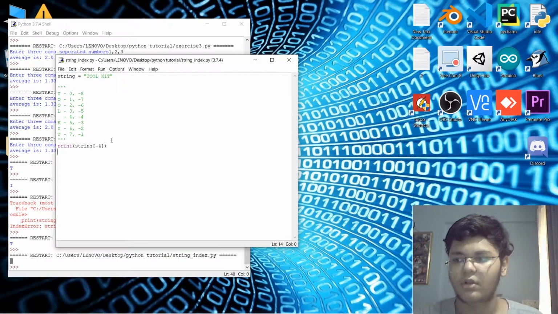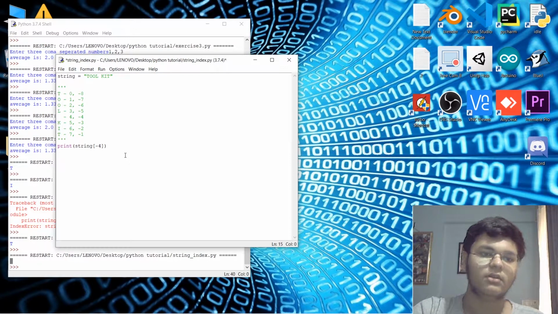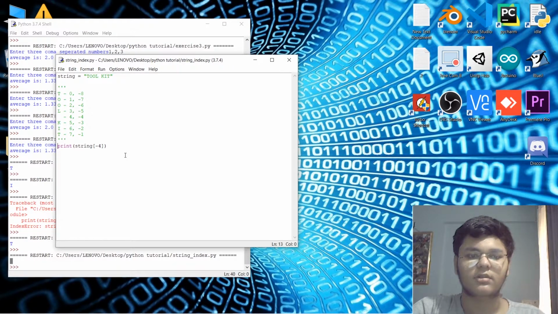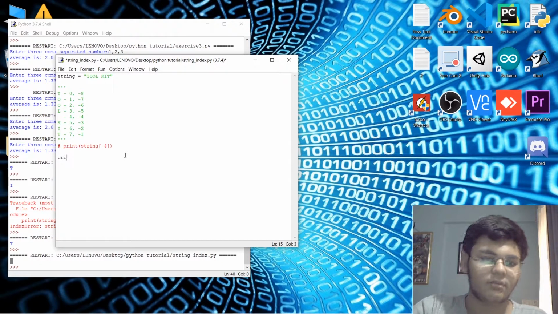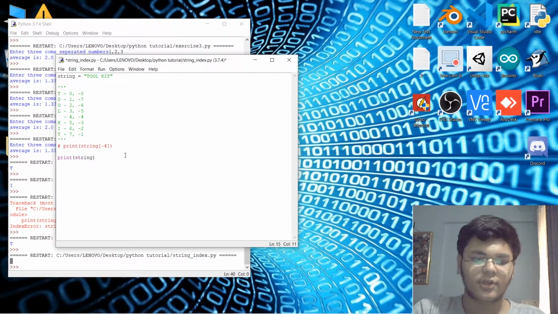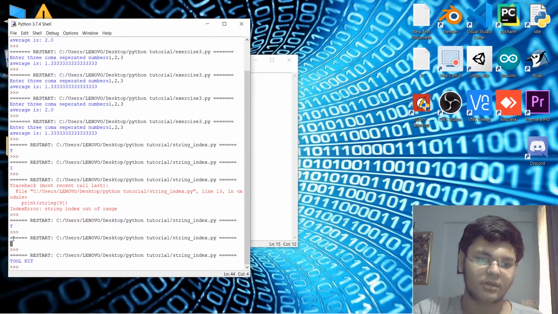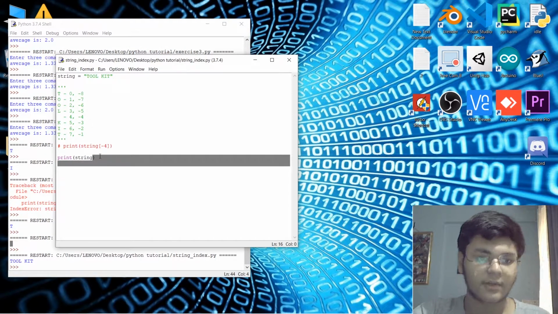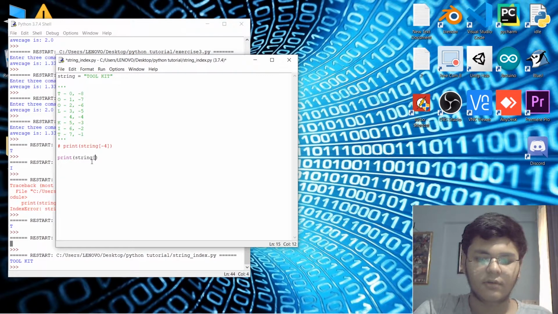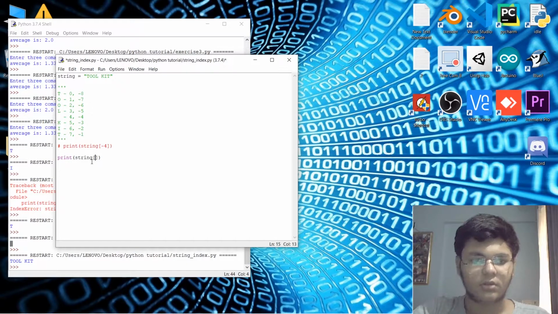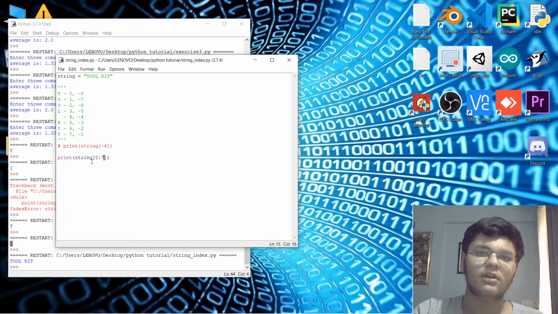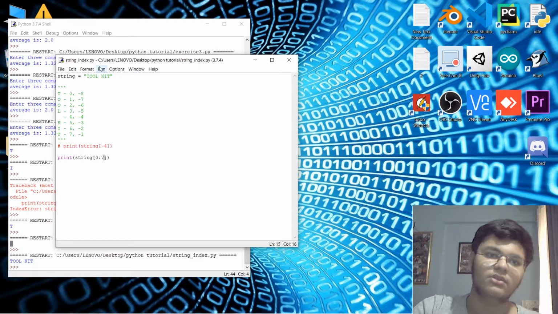It's pretty simple, string indexing. Now there are certain things known as substrings. So if I say print the string, you know that of course it will print our original string, right? Now if I say print the string from the index, for example 0 to 7, it means that it will print all the characters of the string from 0 to 7. So if I run this,